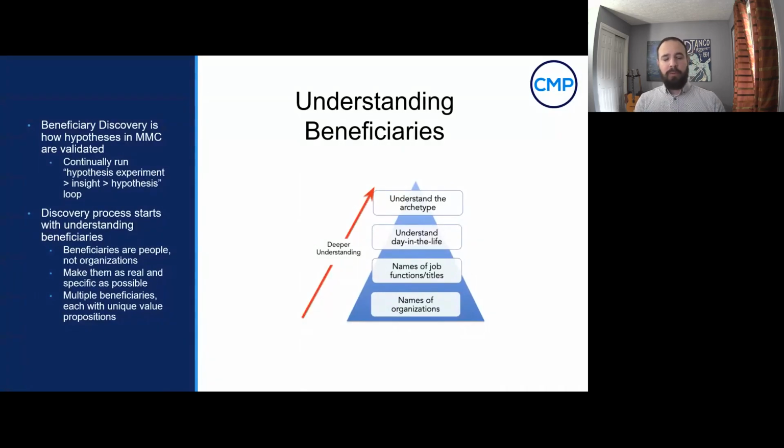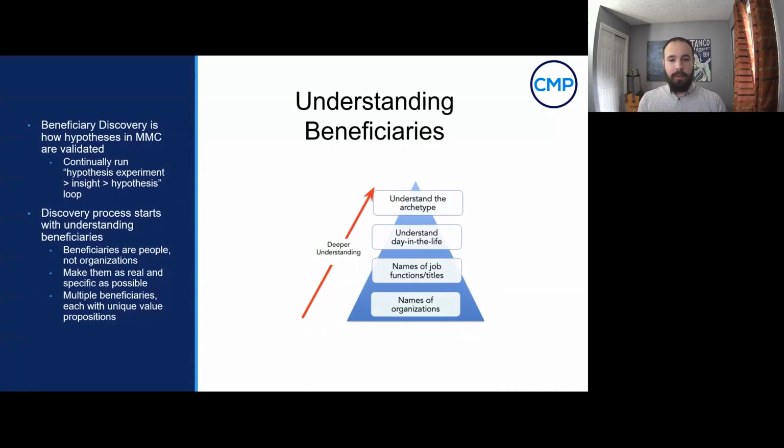And once you do that with a number of individuals that are within the similar to same job role or job description, now you've developed an archetype. So you've taken that accordion, you've stretched it out to having a lot of different individuals, companies. You've kind of gone into specificity with individuals. And now that you've got some saturation points with those individuals, you're opening that accordion back up, and now you've